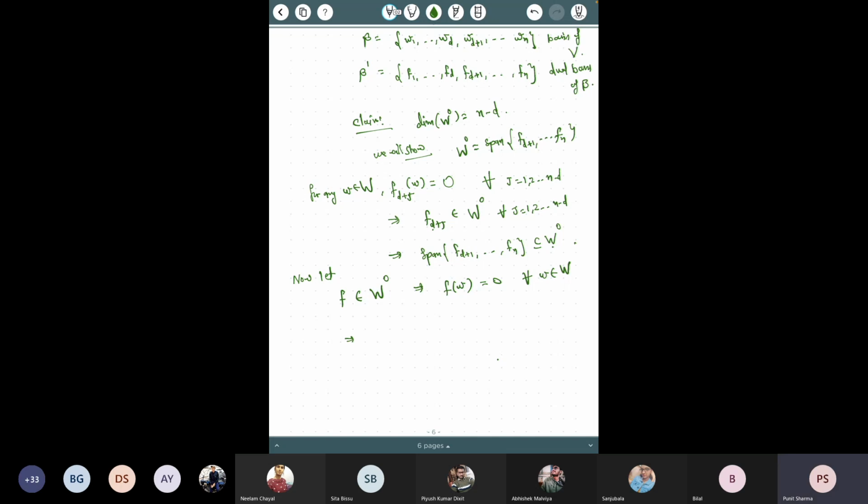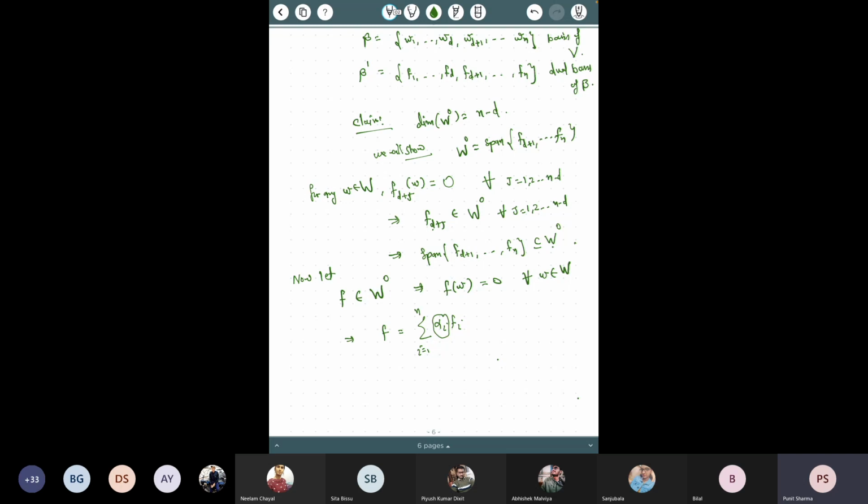How to do that? So this f is in W naught. W naught is a subset of V dash, and we have a basis for V dash, right? This one here. So you just write f in terms of this. So what we know from here is that f is equal to the sum of alpha_i f_i, i equal to 1 to n. This much I know, right? But what can I say from here about alpha_i? Can you say that this alpha is, if you recall